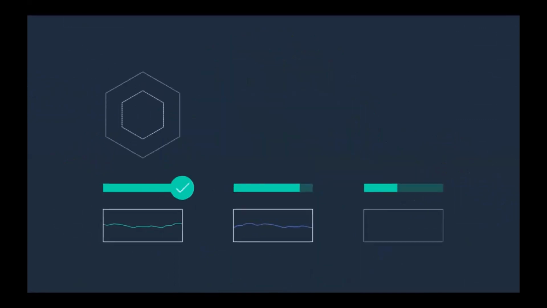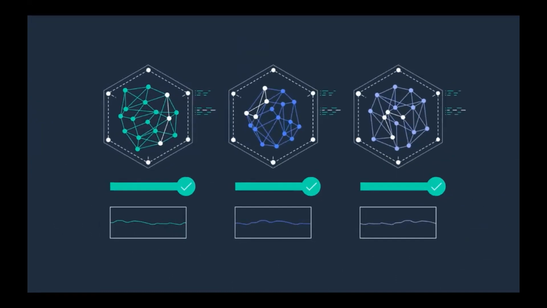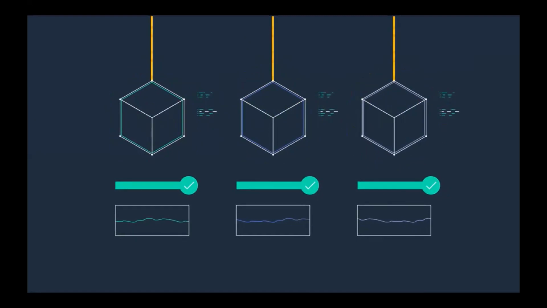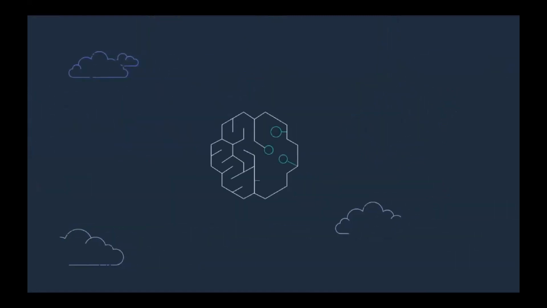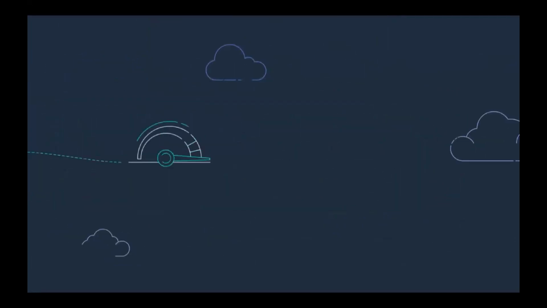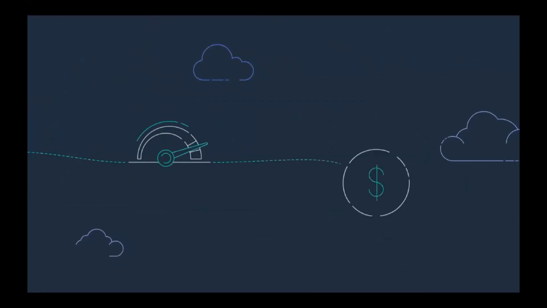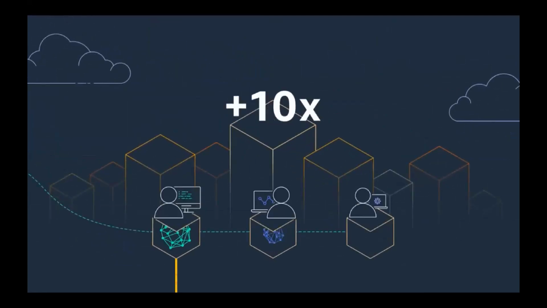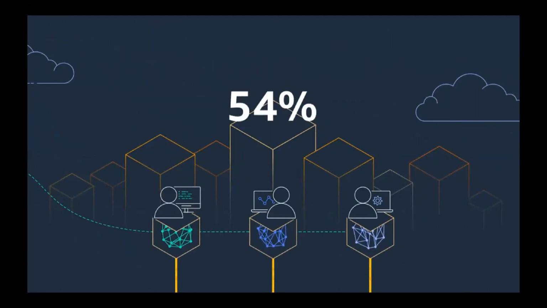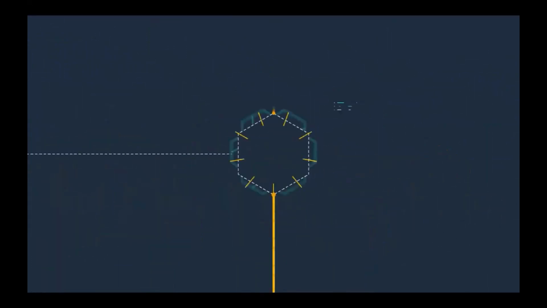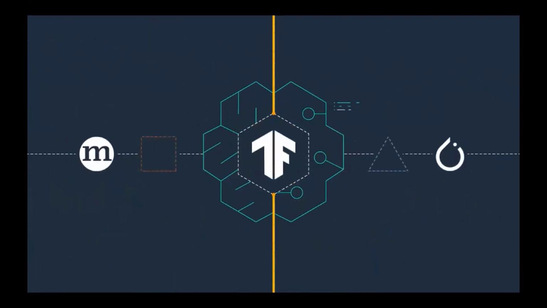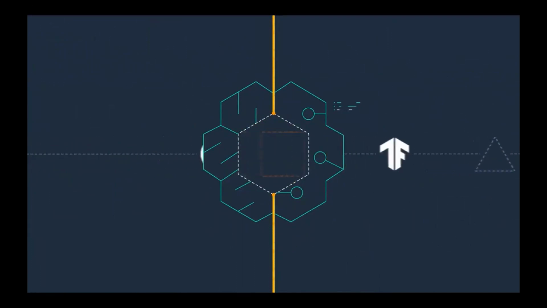For machine learning practitioners and data scientists who want to build, train, and deploy models, Amazon SageMaker offers complete access, control, and visibility into each step required. SageMaker provides all the tools needed for machine learning, including the first fully integrated development environment, so models get to production faster with less effort and at a lower cost. With SageMaker, customers achieve up to 10 times improvement in data science team productivity and 54% lower TCO compared to other cloud platforms. AWS is framework agnostic, empowering expert practitioners to use the deep learning framework of their choice, either